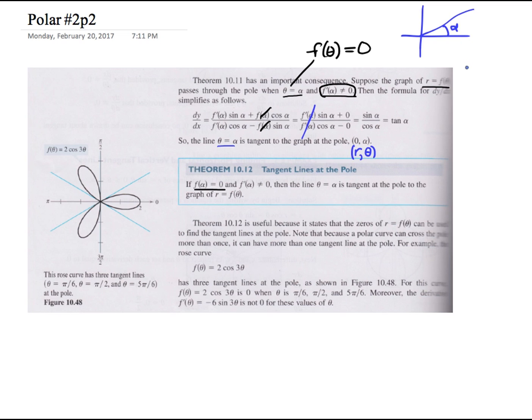We've got that specific alpha. Remember, this says the derivative, or the slope of the tangent line, is equal to tangent of alpha. What is tangent of alpha really? Tangent of alpha in polar coordinates, or tangent of theta, is really just equal to y over x, kind of like the rise over the run, right? So if you think about that,